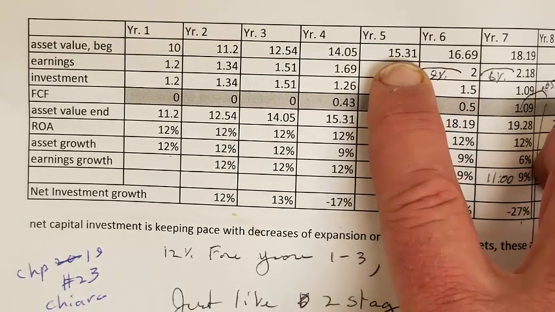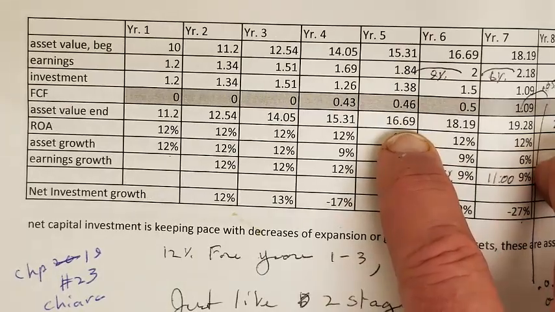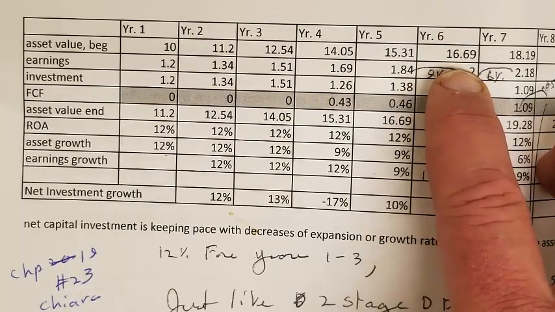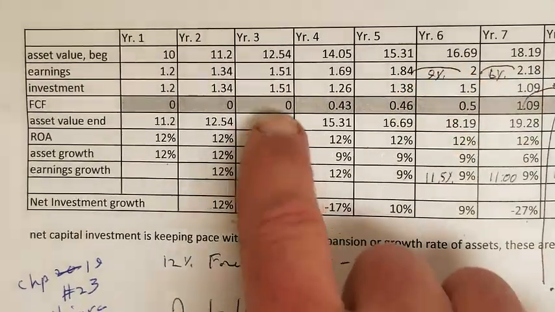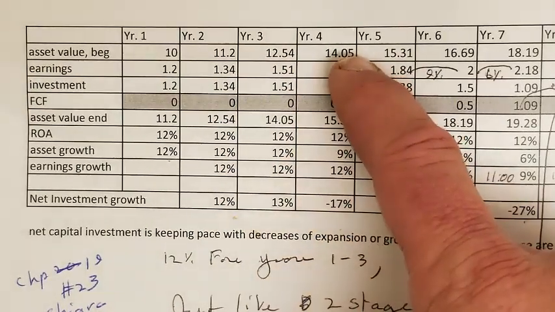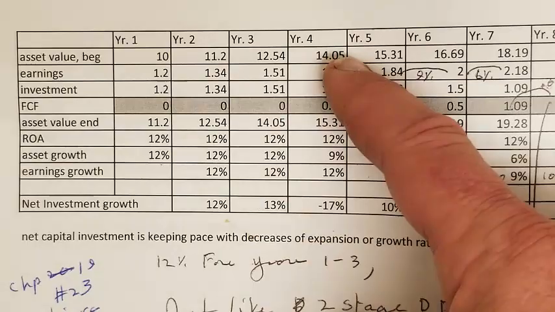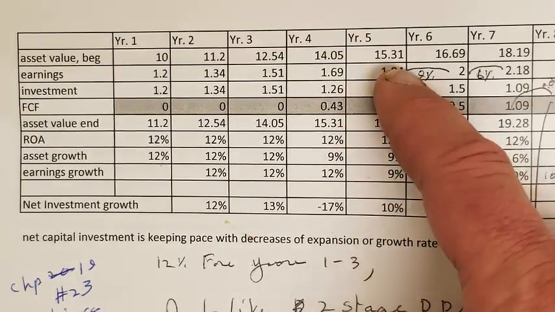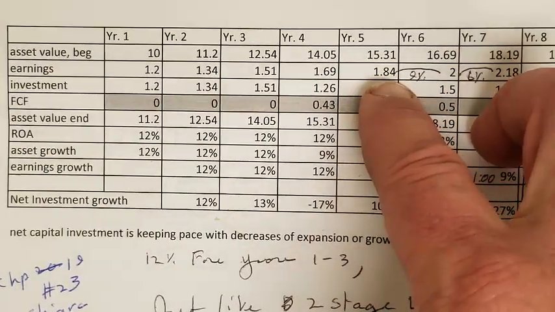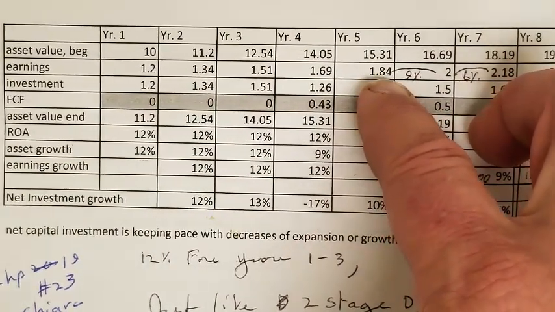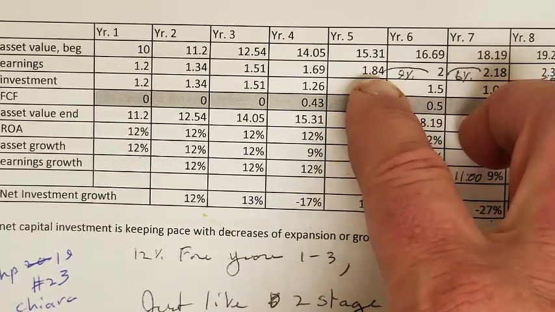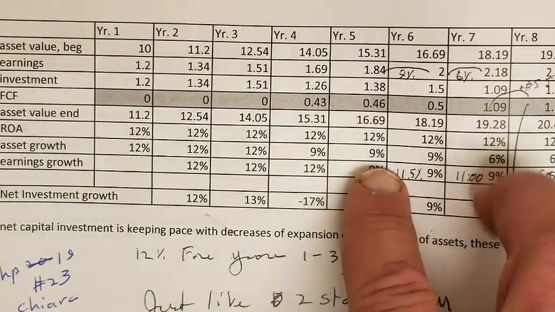There's the asset level beginning and then the ending, which becomes the beginning of the next one, right? And you're going to assume that these assets are growing at 12%. And then it starts to slow up to 9%, at least for year 5. Now, in number 26, what happens is we've got a slow up in year 5 to a 9% growth rate,